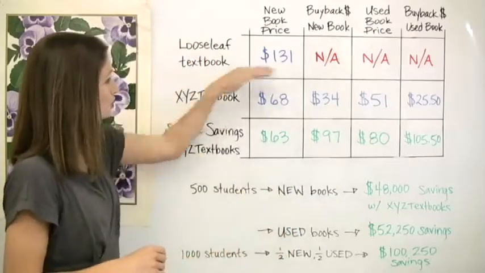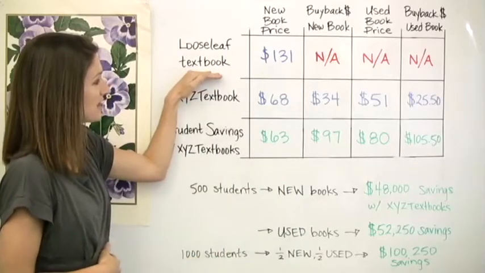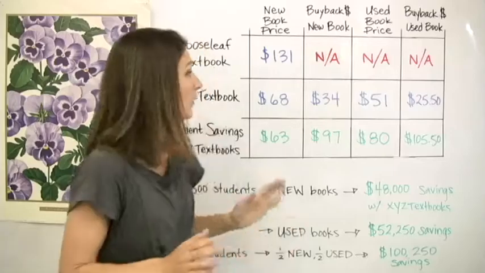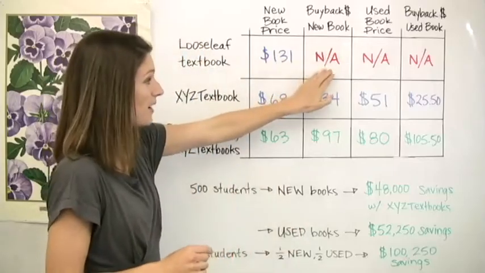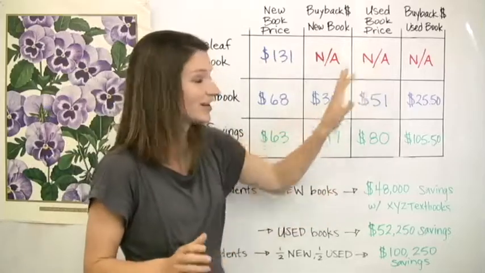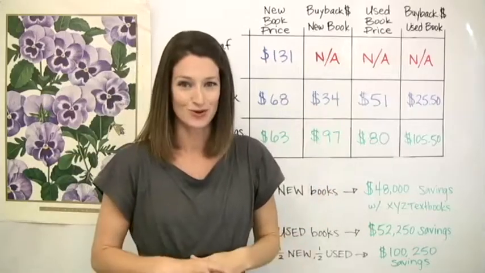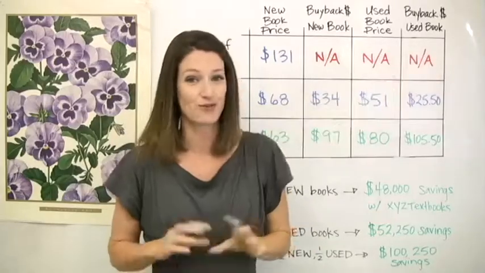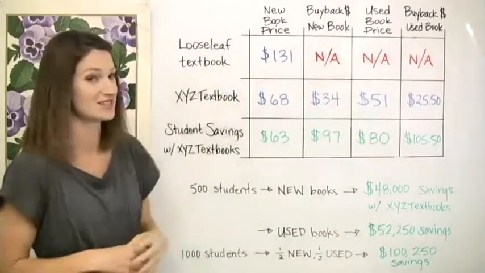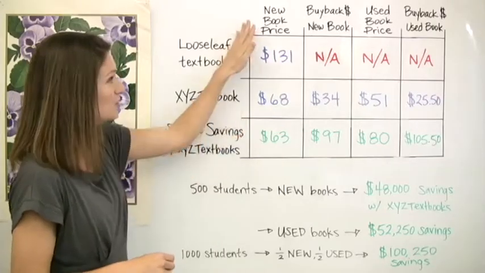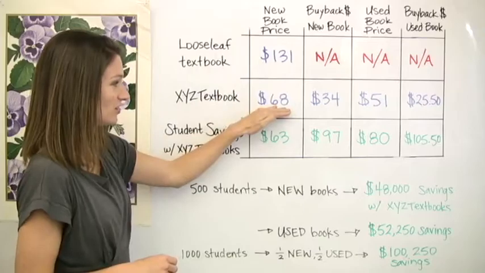Looking at this first row, for a Looseleaf textbook, the new book price is $131. However, the bookstores are not going to buy back that new Looseleaf textbook. Therefore, there aren't any used books in the bookstore for students to buy, and no buyback refund for that used Looseleaf textbook. Now, if we were to look at the XYZ textbook, the new book price is $68, and the